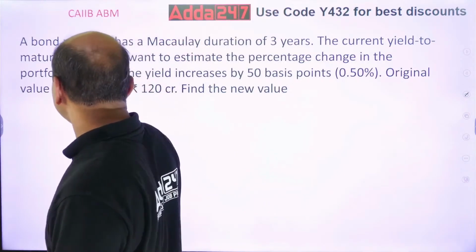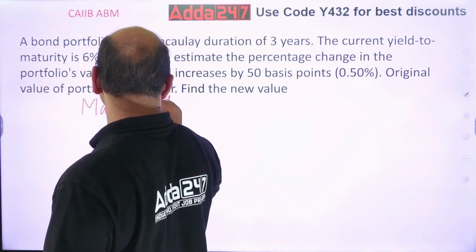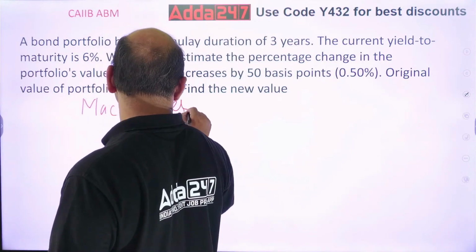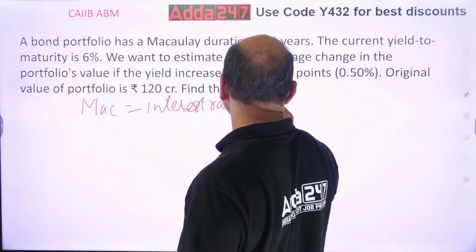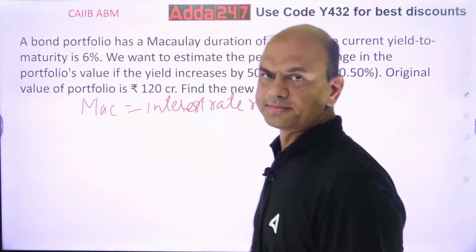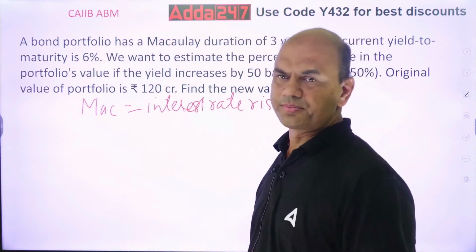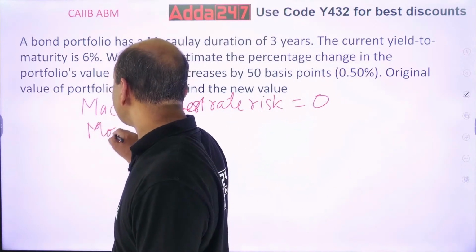Modified, Macaulay, interest rate risk equals to 0. Simple meaning. Okay, during that tenure. Modified means, modified is for 1%